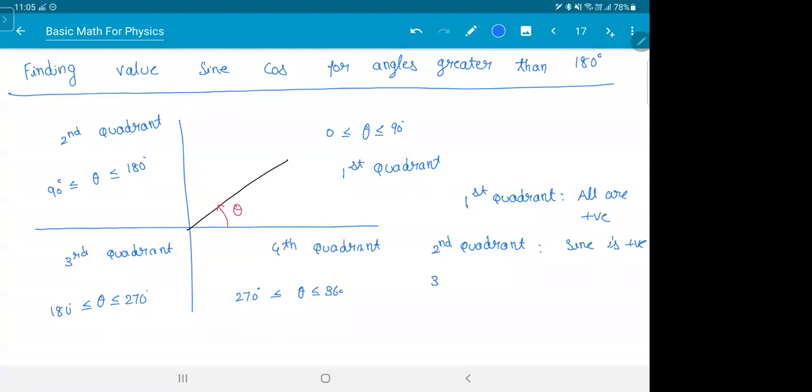I'll tell you how to use this, so for now, write it down, and I'll explain how to use it. Third quadrant, tan is positive. Fourth quadrant, cos is positive. Copy it down. Let's see how to use this. I'll show you in the next one or two pages.